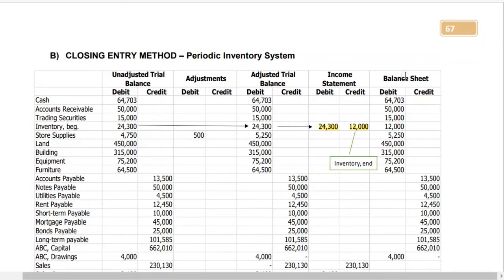And you can see here under the balance sheet column, the ending inventory is with amount that is 12,000, and it replaced the